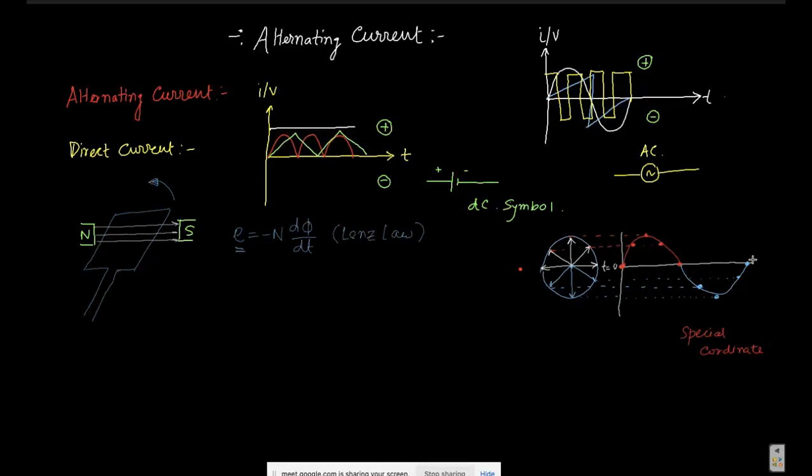Okay. So now I can discuss some terms related to the alternating quantity. The first is the waveform. What is a waveform? If there is a charge, and you apply some force and it starts to displace along a path, that path which the charge follows due to the external force is nothing but its waveform.